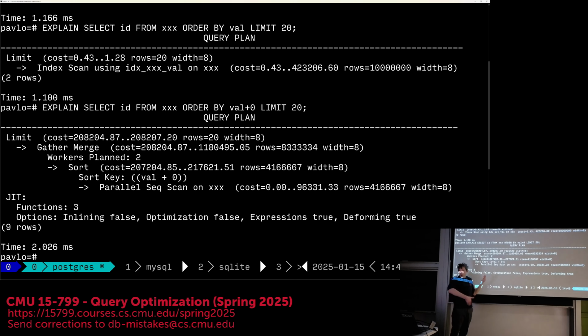As soon as I throw in an expression, which is meaningless, the plus 0 is useless, it doesn't pick the index and it falls back to a sequential scan, right? So what I'm trying to say here is it's not just simple pattern matching, like, oh, if I see my column in the order by clause or the where clause, let me just use it, right? The query optimizer needs to be more complicated, more sophisticated, and sometimes actually evaluate